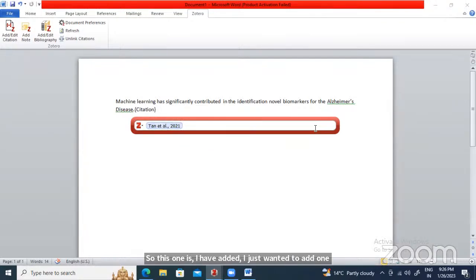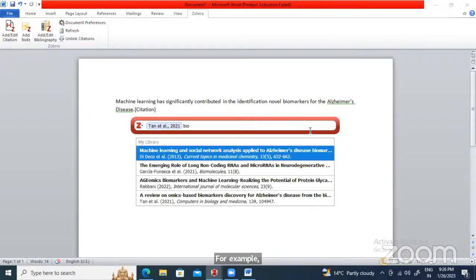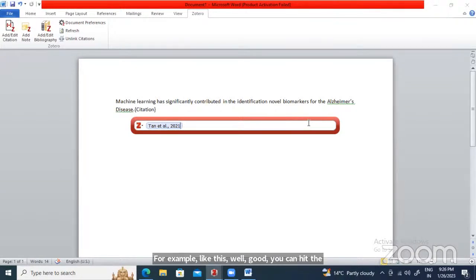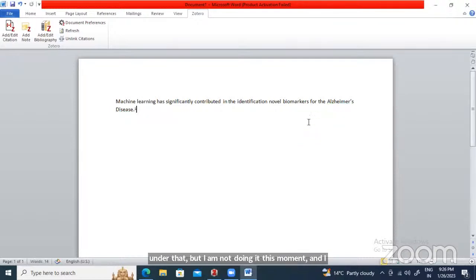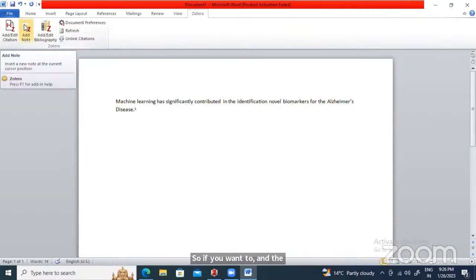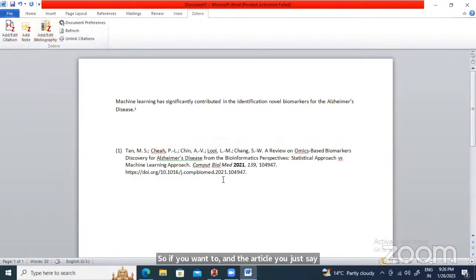If you want to add, again, you can start searching it. For example, like this biomarker, you can add another article, but I am not doing it at this moment. And I just click enter here. You see, one is being added, but where is the article? So if you want to add the article, you just say add bibliography. So your first article has been added exactly in the format that Journal of Medicinal Chemistry accepts